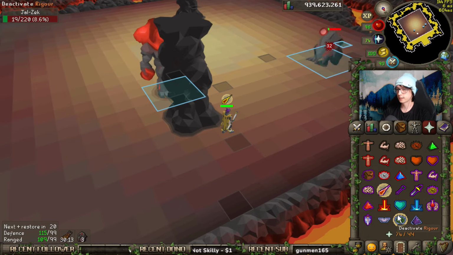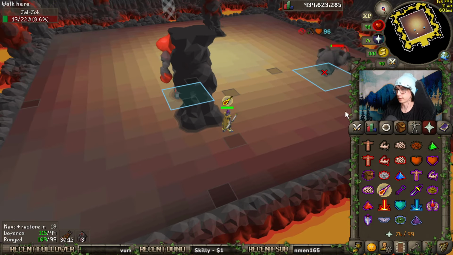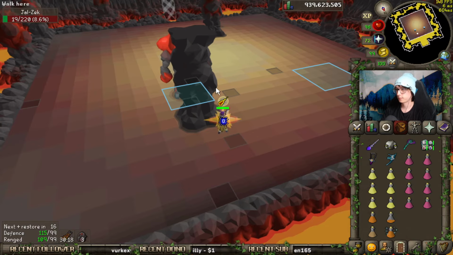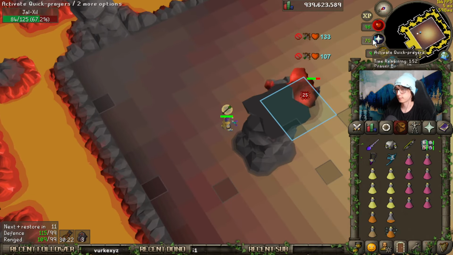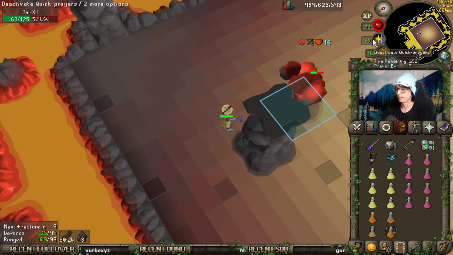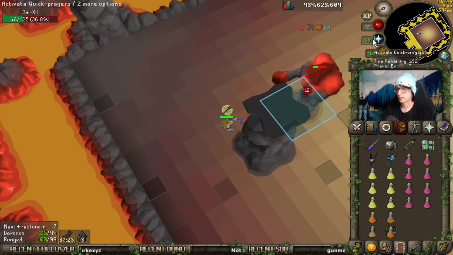And again, just flicking Rigour. Completely ignore your pillars, the only one that matters is North Pillar. Often you'll have too much HP on pillars, and you just want them to die. It does matter a bit to get...